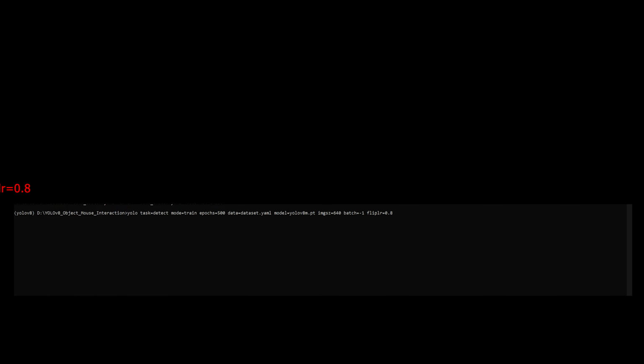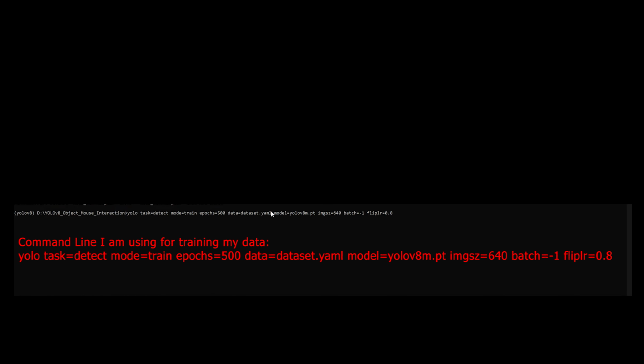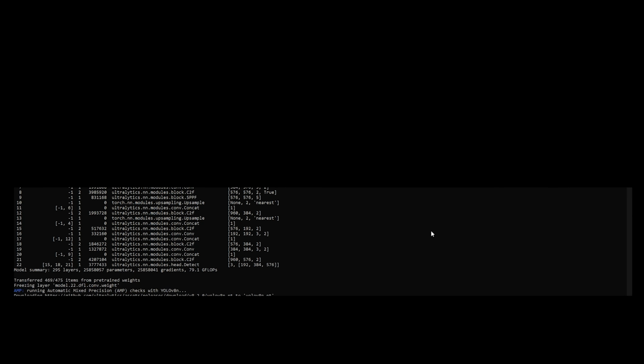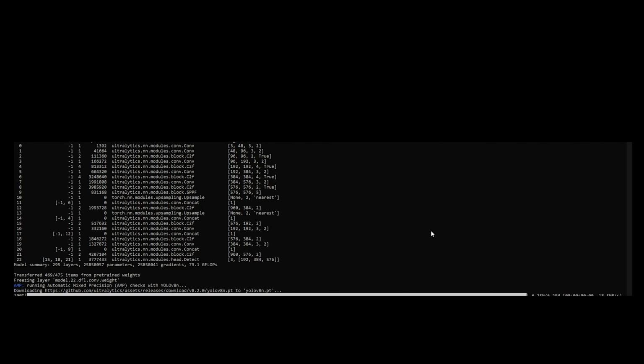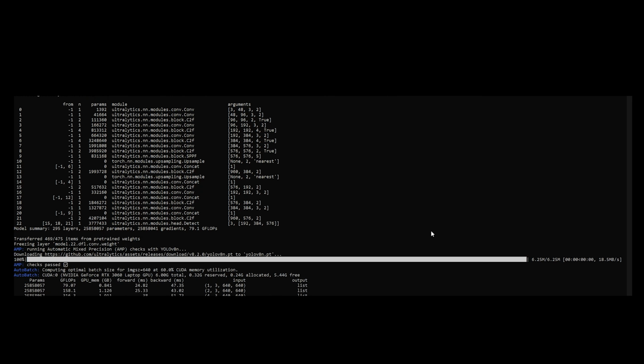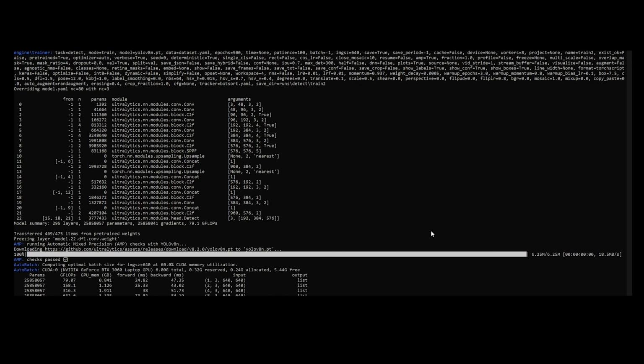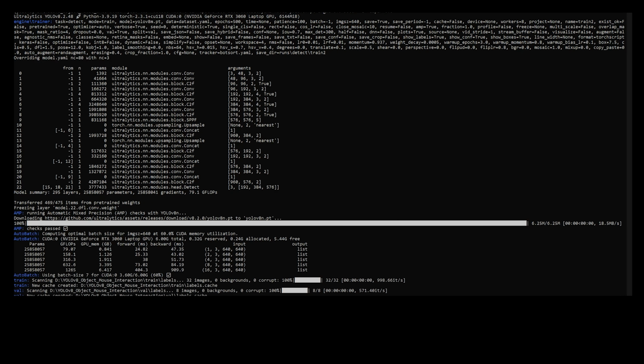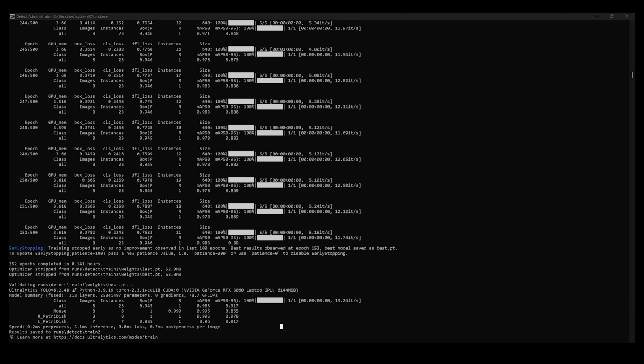Here I'm changing the dataset name. Make sure you put in the dataset YAML file name that you have. And once you have this, you can press enter and it will start to run, go through its own processes to run the training. I'm going to go ahead and pause it here and come back after the training is done.